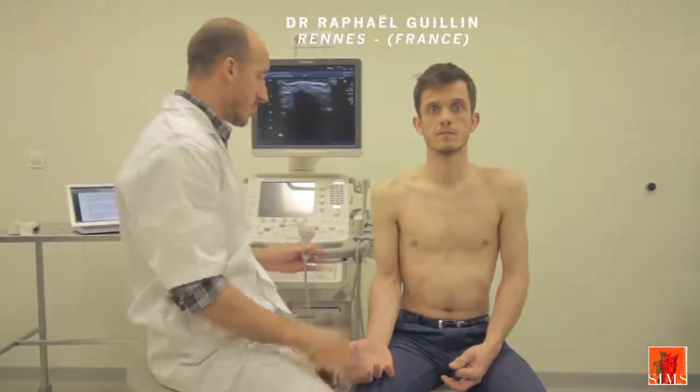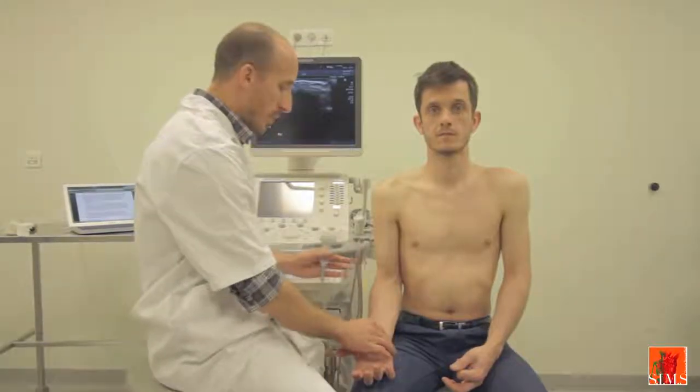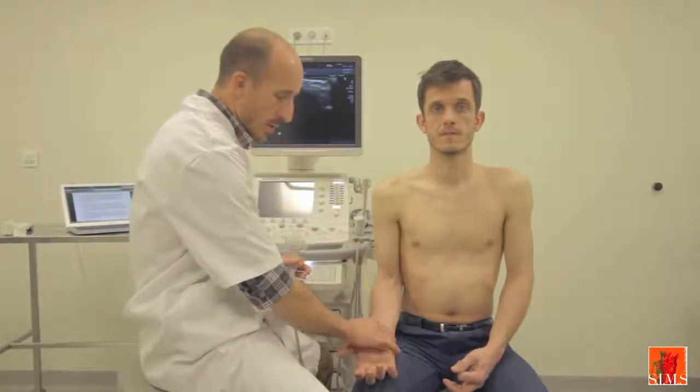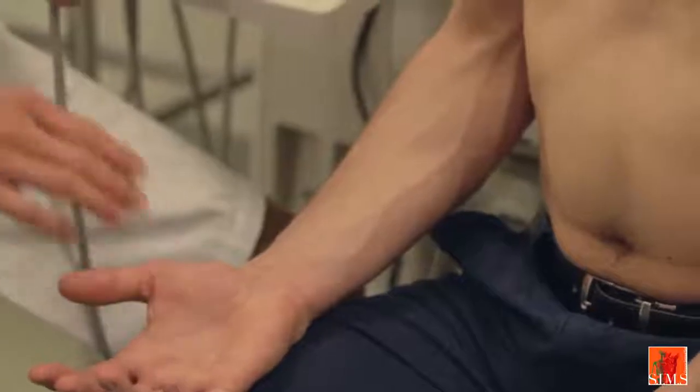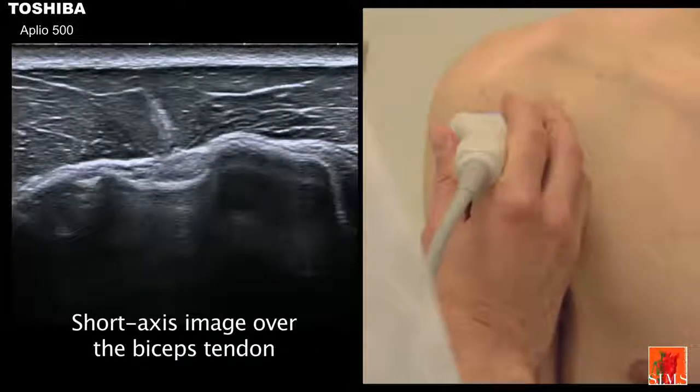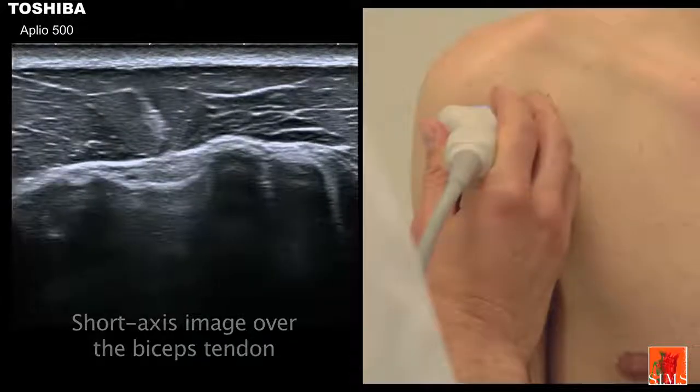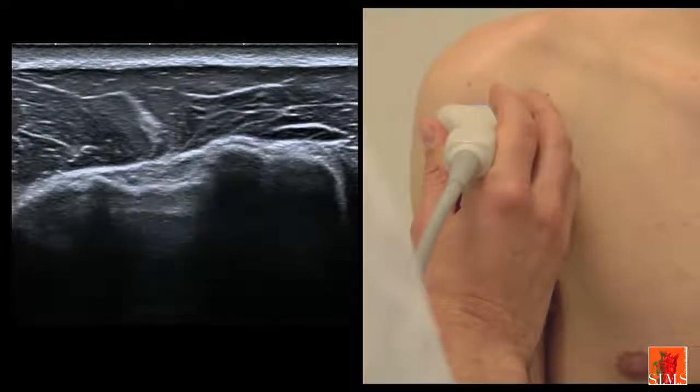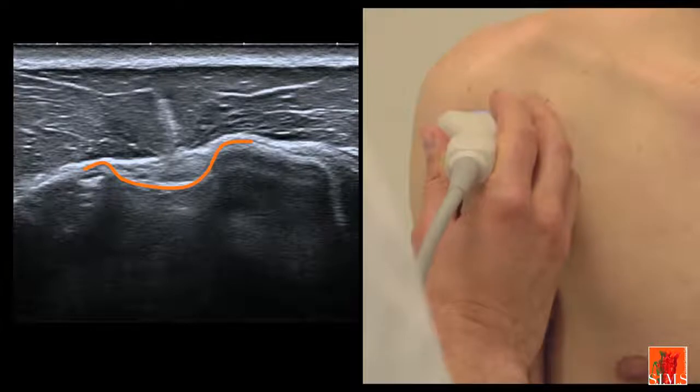Ideally, the sonographic examination of the long biceps tendon is carried out on a relaxed shoulder, in neutral position, with the back of the hand resting on the thigh and the palm of the hand facing upwards. Obtaining a short axis image of the long biceps tendon at the shoulder is relatively easy. We must identify the intertubercular groove in the form of this bony cavity that we can see at the center